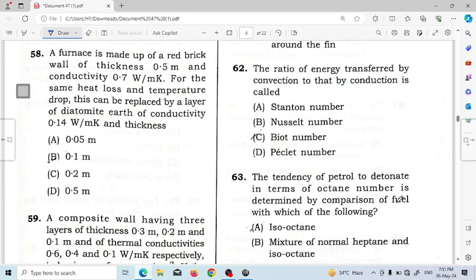Next question number 58. A furnace is made up of red brick wall of thickness 0.5 meter and conductivity 0.7 watt per meter Kelvin. For the same heat loss and temperature drop, this can be replaced by a layer of diatomite earth of conductivity 0.14 watt per meter Kelvin and thickness will. We have to find the thickness for same heat loss and same temperature drop. So let's solve the